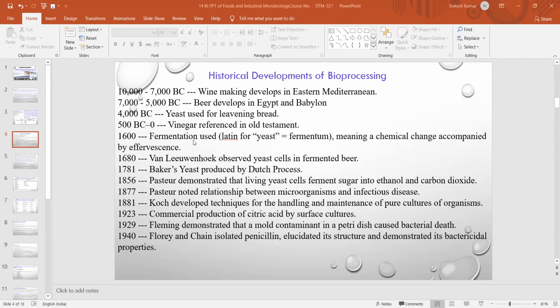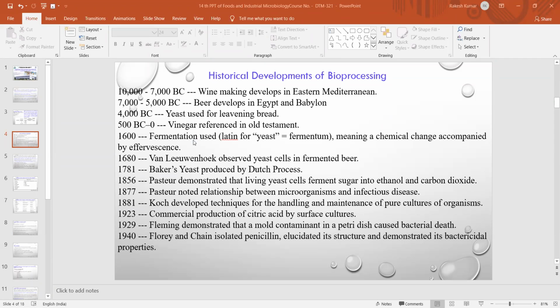The word fermentation is mainly derived from the Latin word fermentum, which was used for yeast, and the meaning is chemical change accompanied by effervescence. So in the 1600s, this word fermentation was introduced